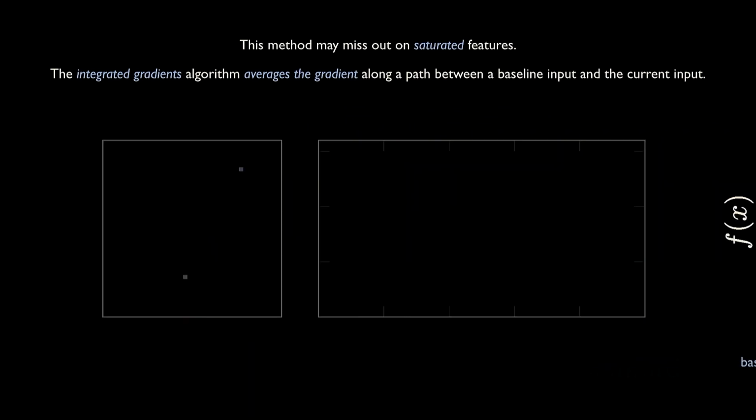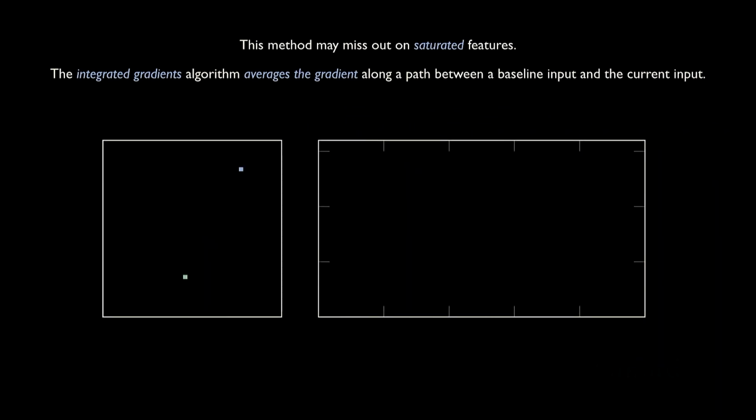Okay, so yeah, let's see that example. We're going to do the same texty image that we saw before, but right now it's completely black, so we don't actually see any of the edges. I'm going to play an animation in a second, and what I want you to do is pay attention. We're going to look at the gradients as we move from this black image. It's slowly going to increase the brightness to the image that we're interested in. And as we move from this image to that image, we'll look at what the gradients for this pixel right here that's highlighted in blue look like, and then the gradients for this pixel that's highlighted in green. It's going to be plotted over on this axis here. So let's just watch this here.